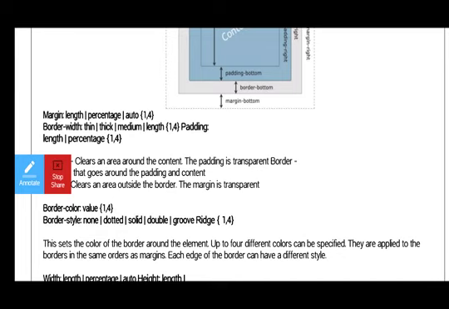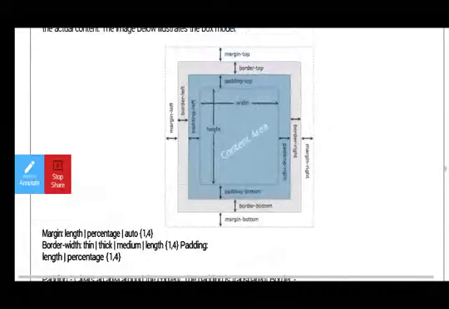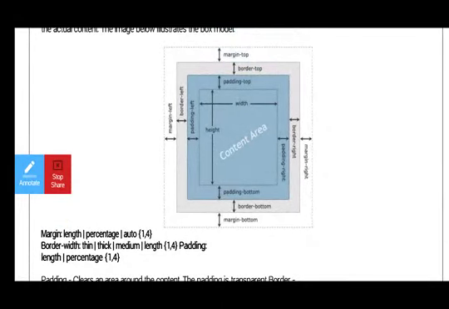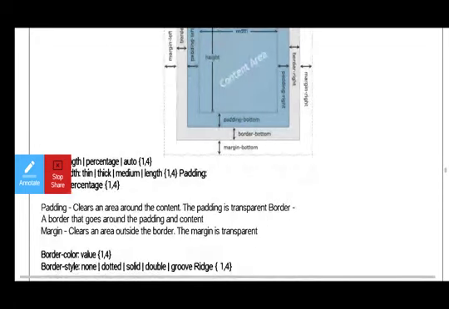The cell padding is nothing but, for example, in worksheets, we have a particular cell. So we have the height and width of the cell, and we can increase the height and width of the cell like that. Here in the box model also, we can set the height and width of the cell.